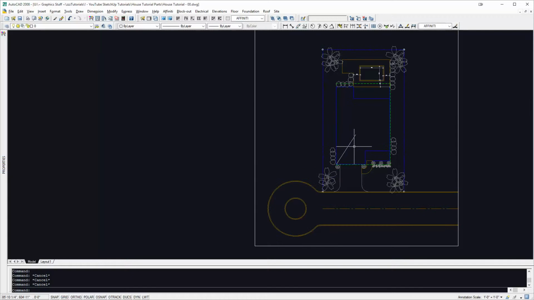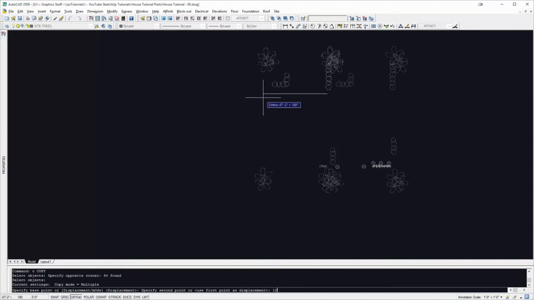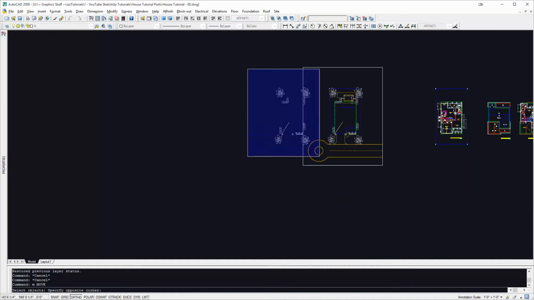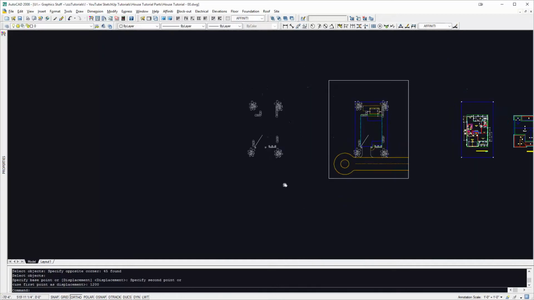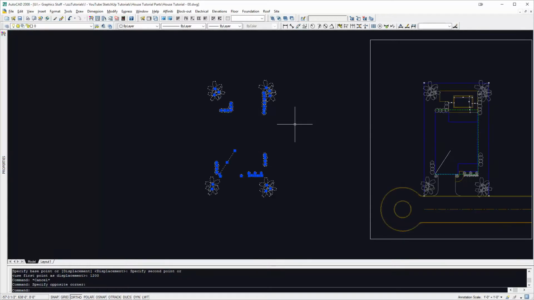And I have my reference marker. So I'm actually going to copy this over, say 100 feet. That's right. Okay. So that's 100 feet. I'm going to isolate my plants layer. Let's copy this over, say 100 feet. Turn everything back on. Maybe let's move this over another 100 feet just to get it out of the way. And again, put everything on my 0 layer. And I can W block this out